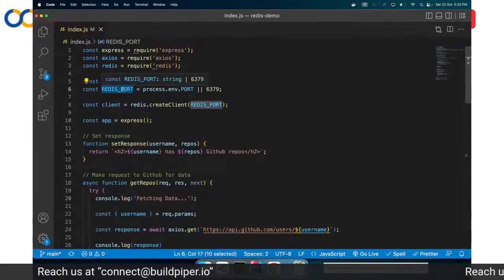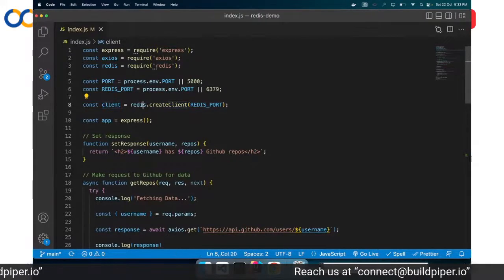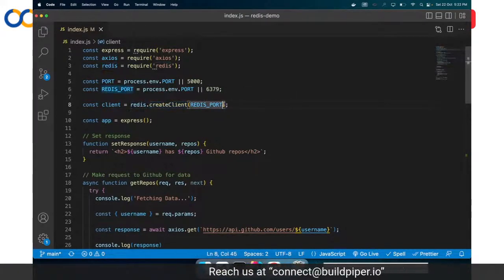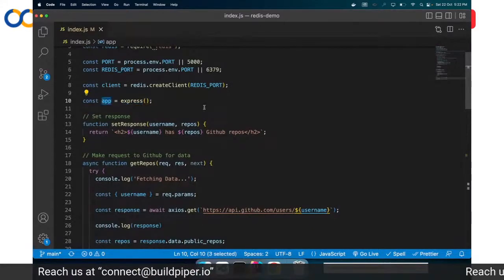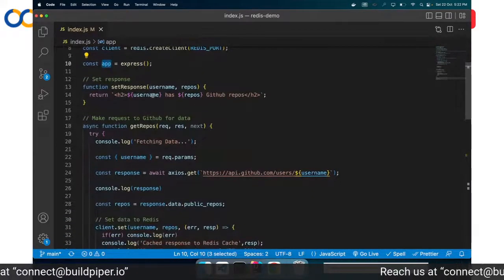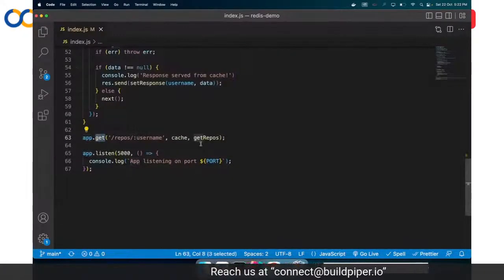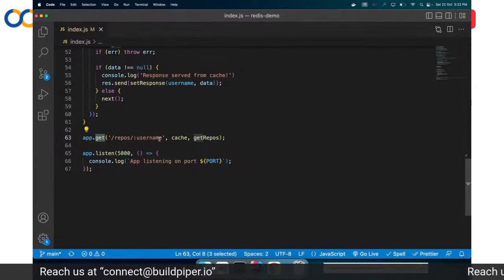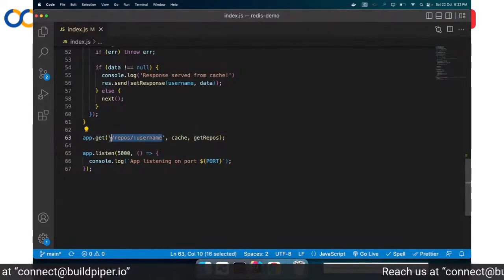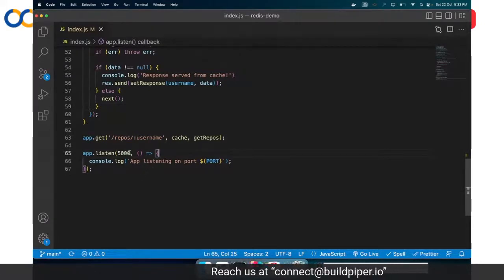I've set the Redis port and I've created a Redis client using redis.createClient, and I've created a basic Express application which is stored in app. Now using this app, I have created a GET call which will handle the API call to that GitHub API that we created. And this is the URL on which we'll do the call. And our application server is listening on port 5000.